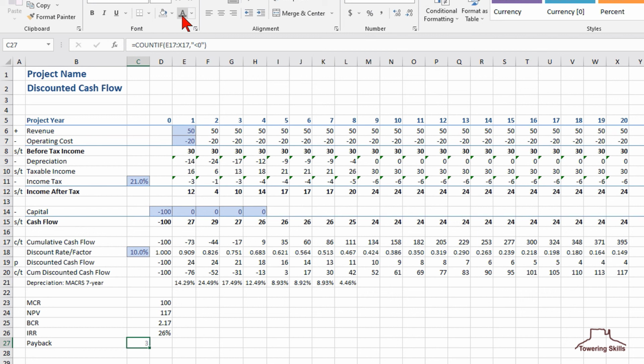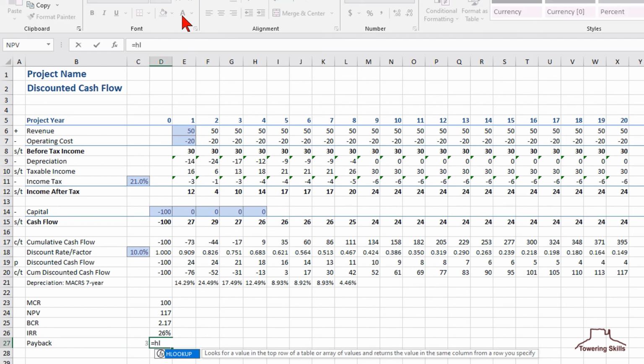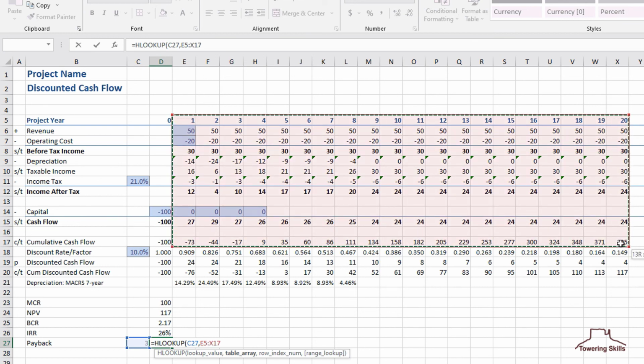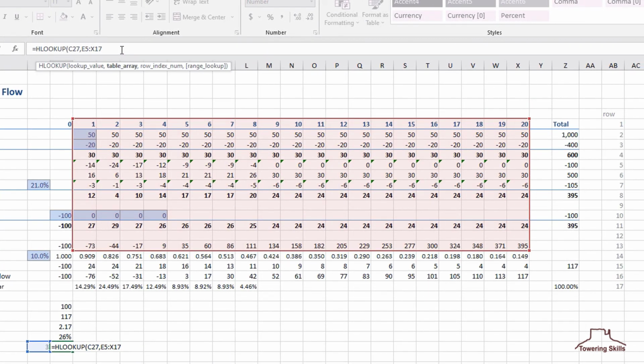We could place this calculation in the formula that we will create at cell D27, but I've moved it here to simplify the formula we are now going to create. In D27, we'll add the formula HLOOKUP, and the lookup value will be C27, the number we just calculated, over the range of E5 through X17, and we want to jump down 13 rows, which we'll find here at AB17.